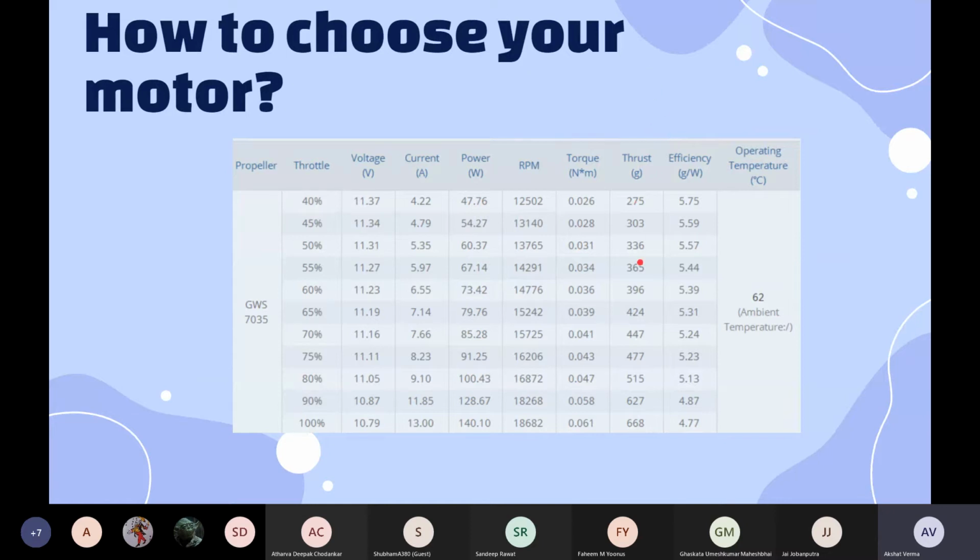So note here that thrust does not mean that whatever weight you are carrying, or whatever the weight of your aircraft is, you will need to get that much thrust. That is not the case. There is a parameter called thrust to weight ratio, which is defined differently for different types of planes. It is basically how much thrust we require per unit weight of the total aircraft. That is about 0.75 for an RC plane, which we are going to use in our course most of the time.